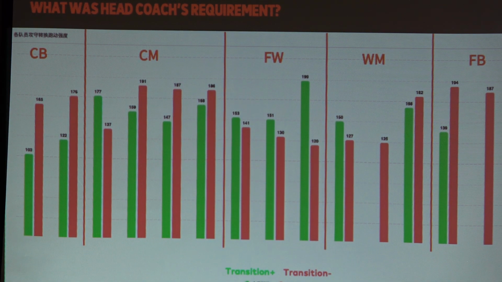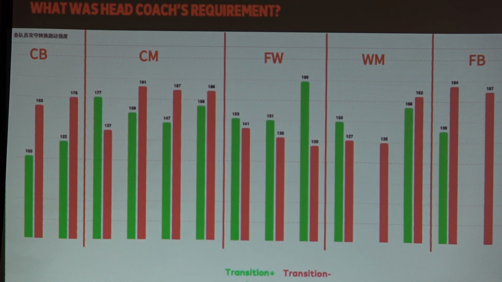If the head coach's requirement is, I don't care who you are, I don't care what position you are,